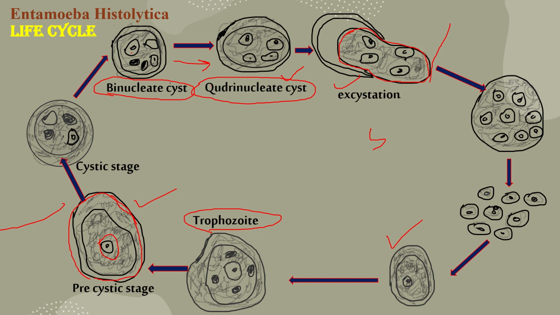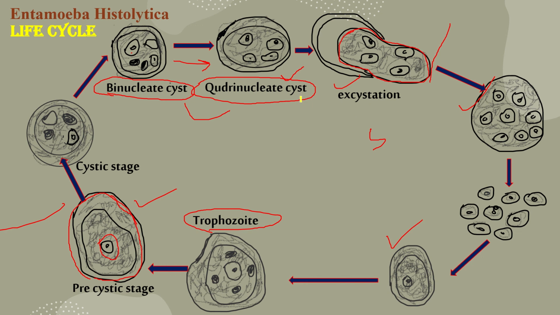This stage is called the infective stage, or the transmitted stage, and this infection depends upon the intake of food or water, and that food must be contaminated. That is, suppose this food is contaminated with this particular type of cyst, then that cyst can enter into another host. So infection depends upon the intake of food or water contaminated with fecal matter containing tetranuclear